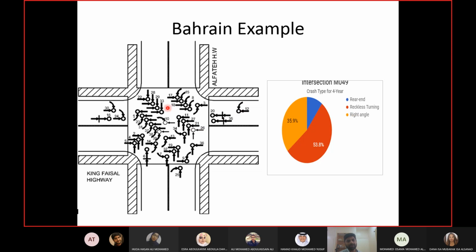For the other direction, why do the rear and other angle accidents happen? You can see other angle accidents are happening between a straight driver and a driver who's trying to turn left. So other angle accidents are happening because of the turning movements, the left turning movements, and they are happening in all directions. That means the clearance time is not enough for turning movements, because obviously this left turn will not happen if this driver has the green, right? So one of them was in the intersection when the other guy had the green time.